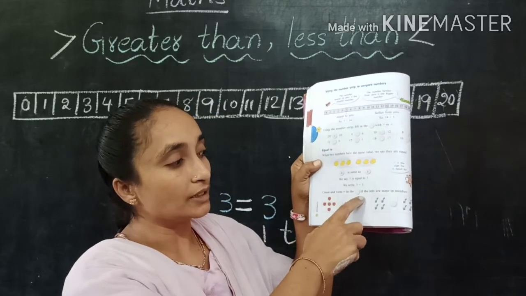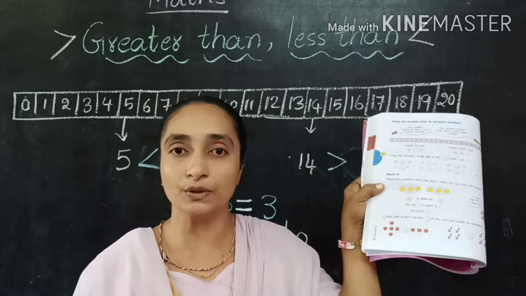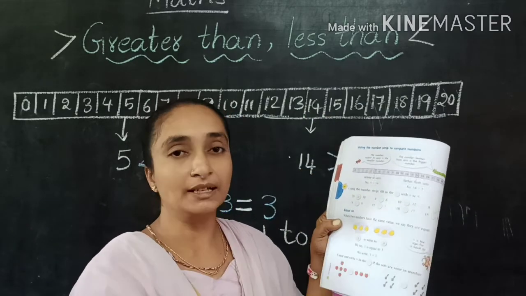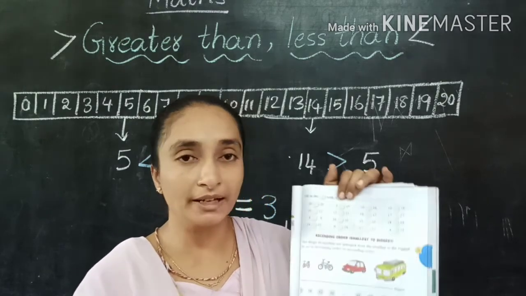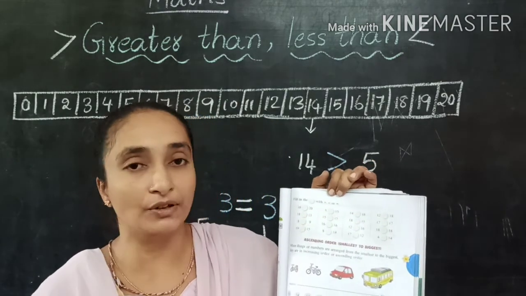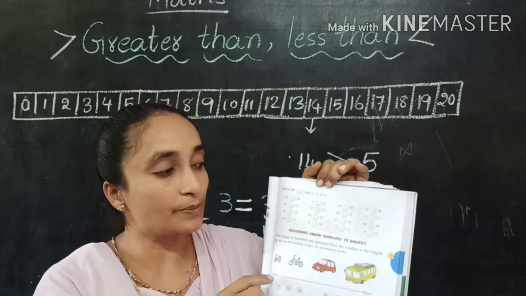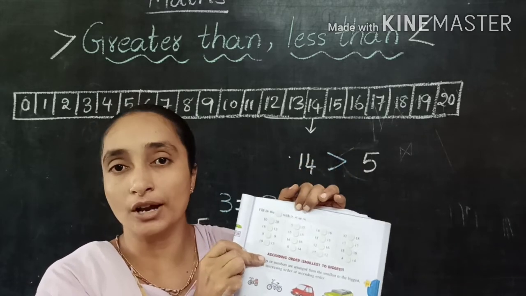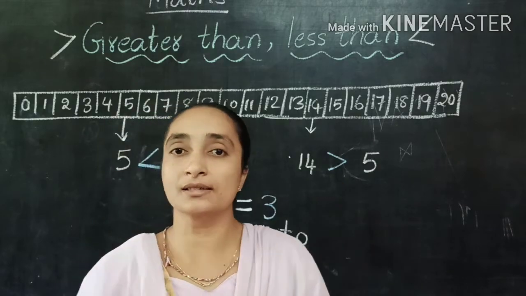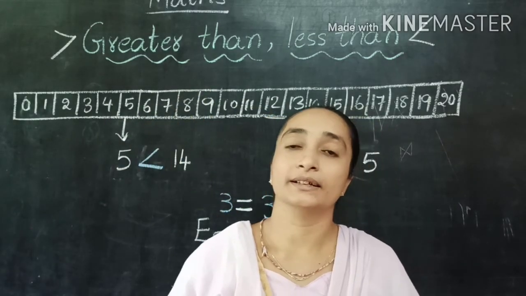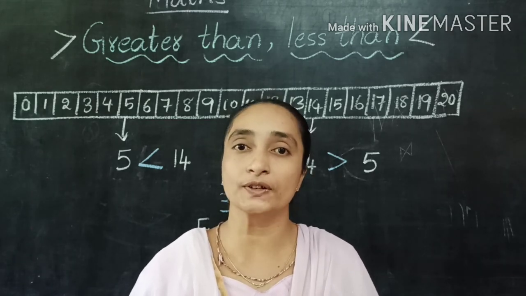Count and write in the sets. So they are the same number. If they are the same number, you can write the equal to here, children. So we have completed this exercise. In page number 91, here we have fill in the blanks with greater than, less than and equal to. Numbers have been given for you in this exercise. You have to complete it in your textbooks, children. So up to here we have completed this exercise on greater than, less than and equal to. I hope all of you understood, children. Thank you.